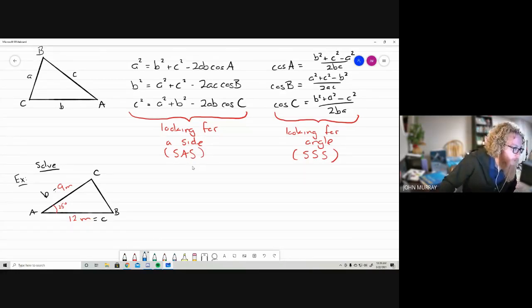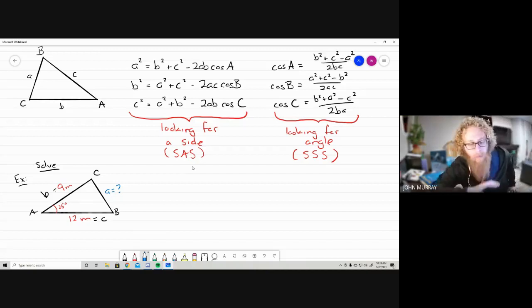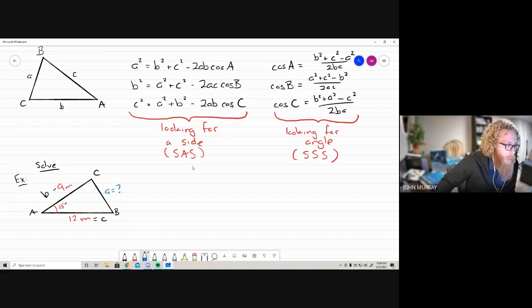So one of the first things that we can find is, what is side A? Because again, I don't have any way to start with the angles right now. So if I'm looking for side A, then I'm going to be using this first model, this first equation for law of cosines. Again, they're all similar. If I was looking for B, I just pick this one, and it's the same steps with the remaining pieces. All right, so for A,